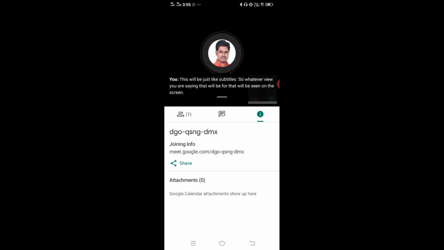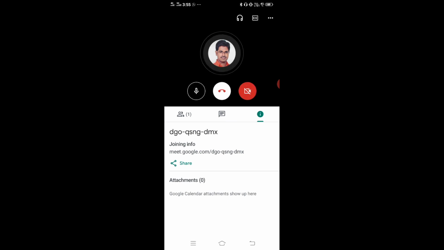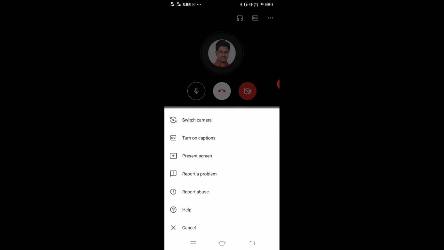So for us it's no need, so I will turn that off. And then you can click on present screen. When you click on present screen, whatever is on your mobile screen will be shared with the participants. So once all your sharing is completed, then click on stop presentation. So in this manner you can share your